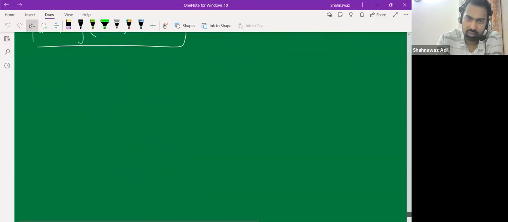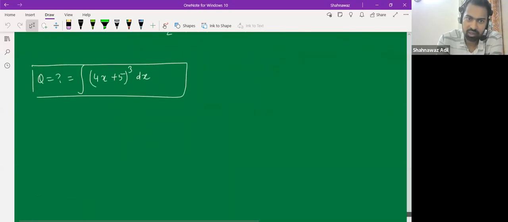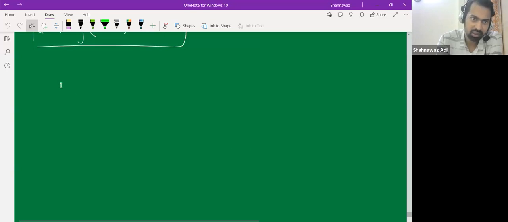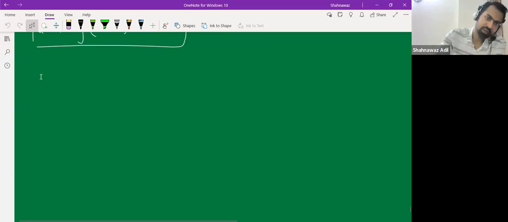So let me talk about the differentiation and integration first, right? And then I'm currently doing this chapter, which is motion in a straight line. So I have already talked about,